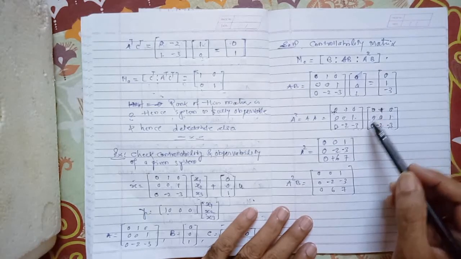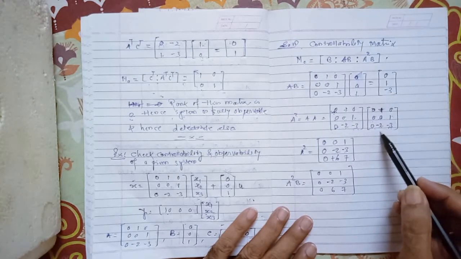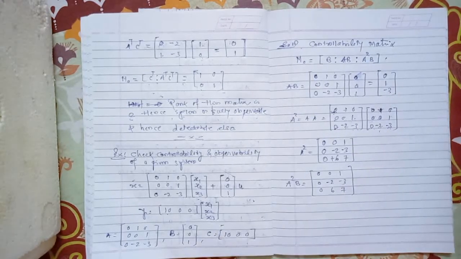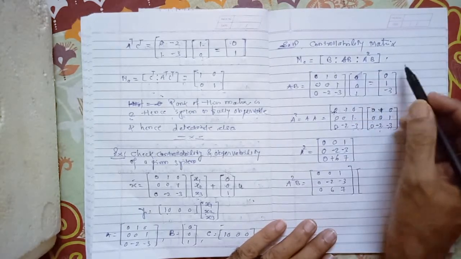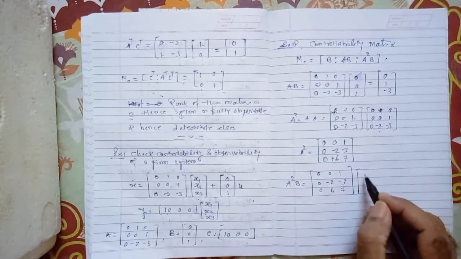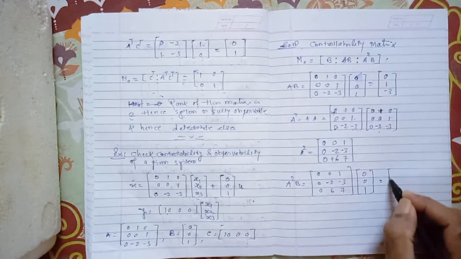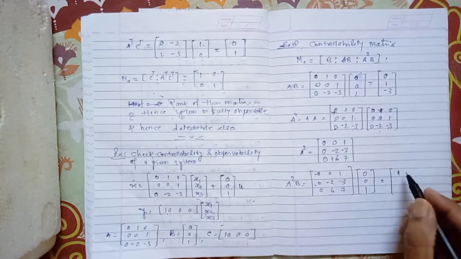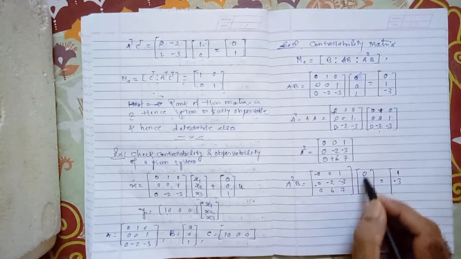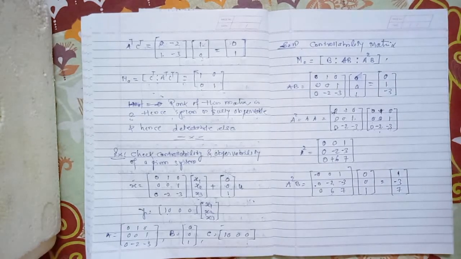Zero. And B is how much? B is 0 0 1. B is 0 0 1. So it is equals to, this is 0 0 1. So here is the 1. These two are the 0 0. This is minus 3. So this becomes minus 3. This is 0. This is 0, and this is 7. So here is the 7.